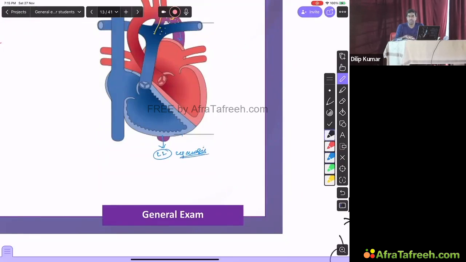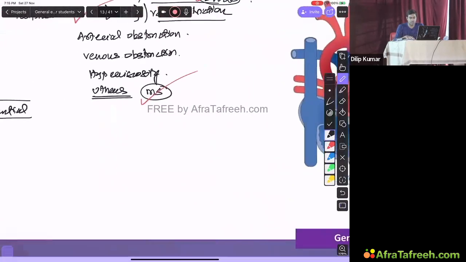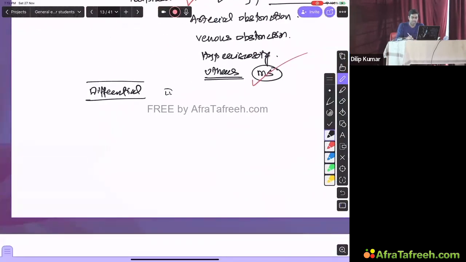Okay, so that's why it's a differential cyanosis. You get only lower limb cyanosis. So the best example of isolated lower limb cyanosis is PDA with shunt reversal. So if you want to tell the best example for upper limb cyanosis only,